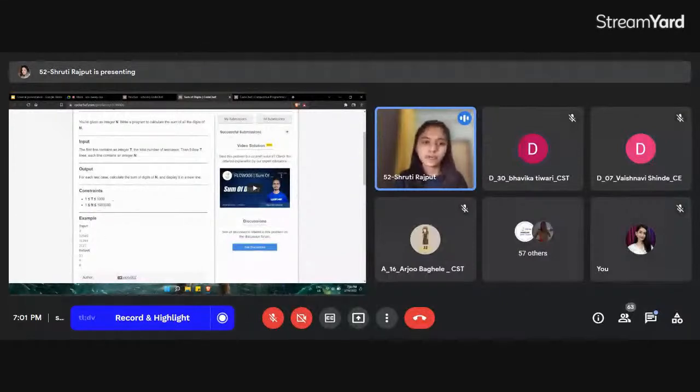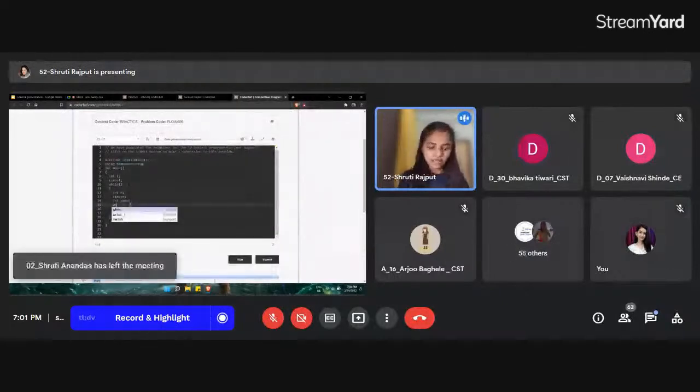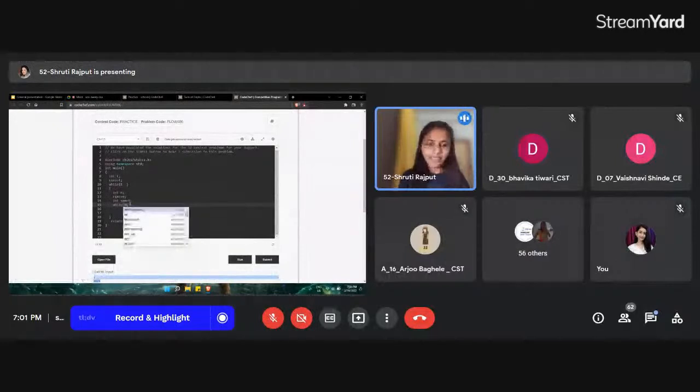All right. So int sum, n. Now here we are going to use a while condition that n is not equal to 0. If n is not equal to 0, then int r